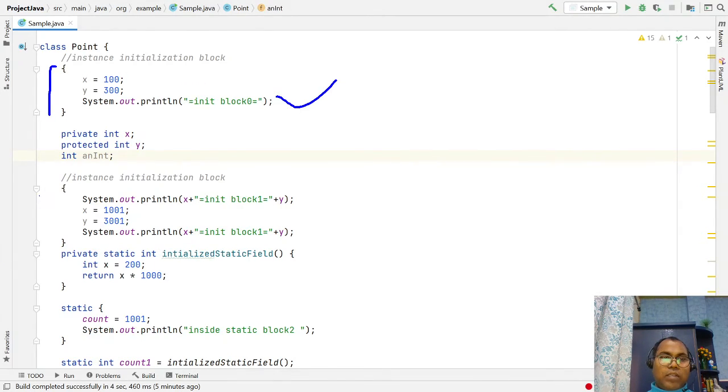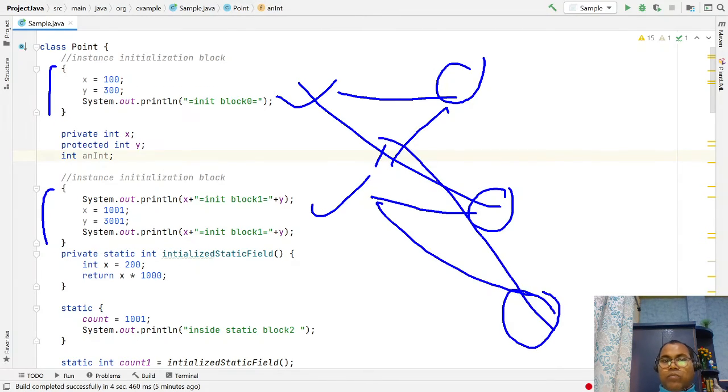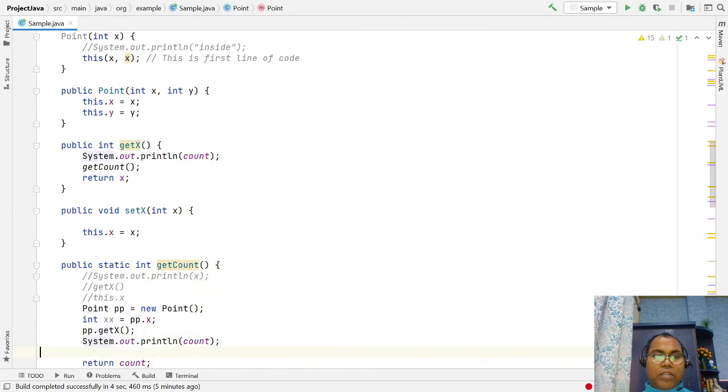Multiple instance initialization blocks you can write here. These are invoked when you are creating object 1. These are invoked when you are creating object 2, and when you are creating object 3. So all the times when the particular constructors are invoked, these initialization blocks are executed. Let's see, we have created some objects in the main.